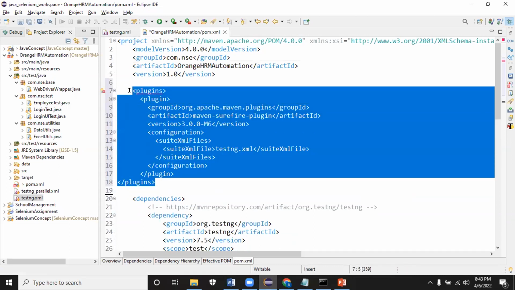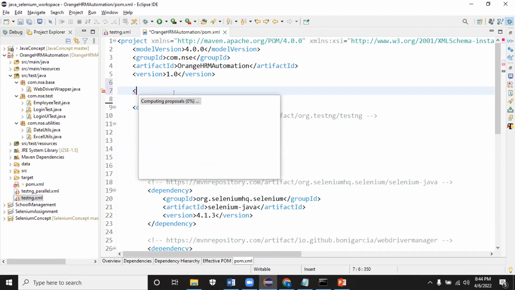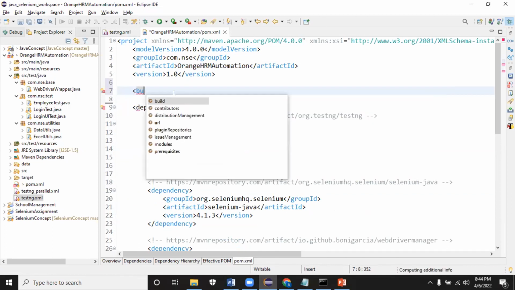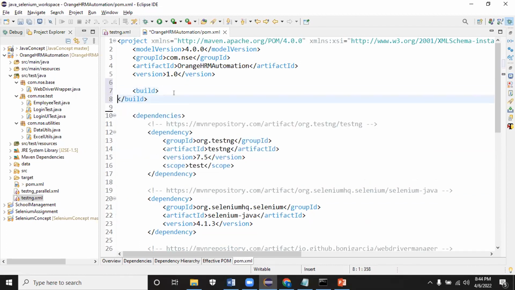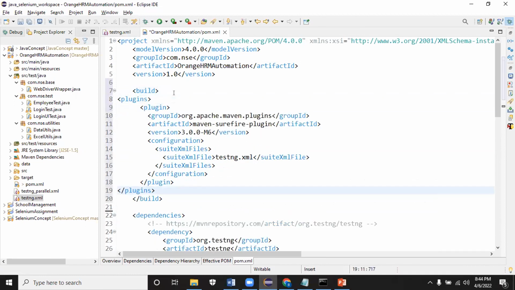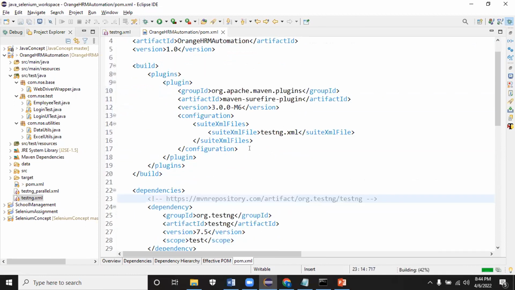Now this plugin will come under a build tag. There will be a build tag. Inside the build tag, we have to tell which XML should be used. Right now it is test_parallel XML. If I inform it to use the parallel XML, it will use that parallel XML while triggering the Maven mvn command.